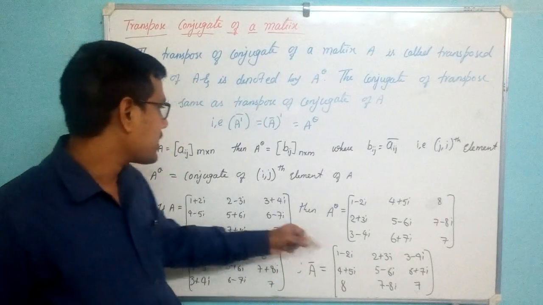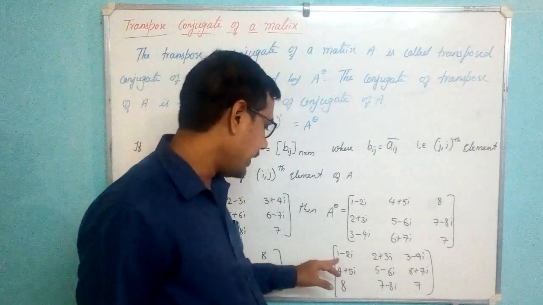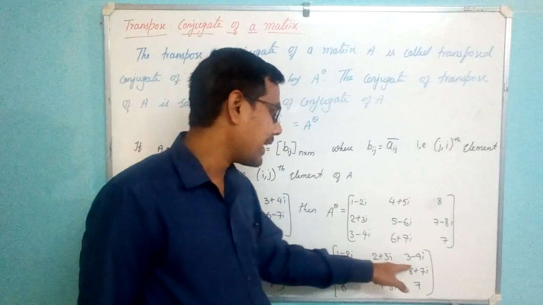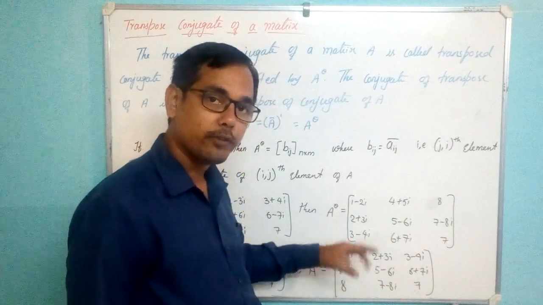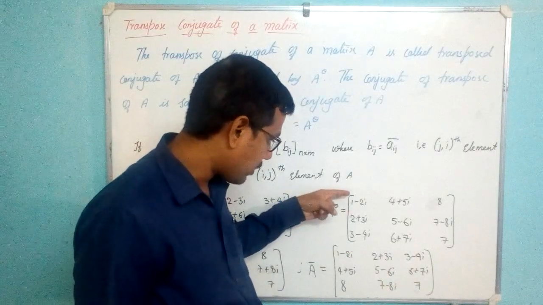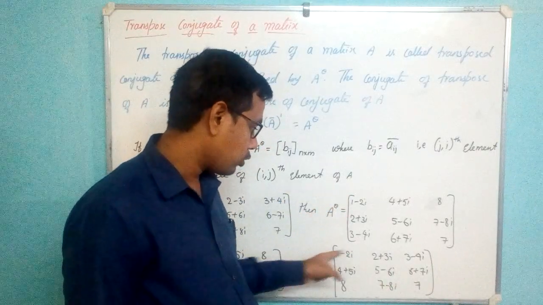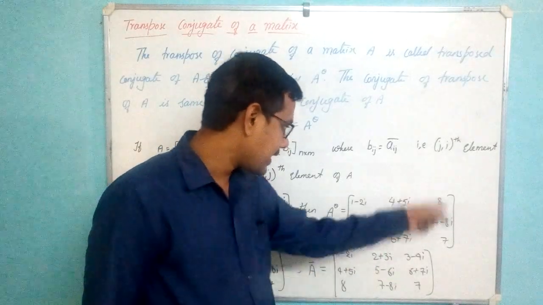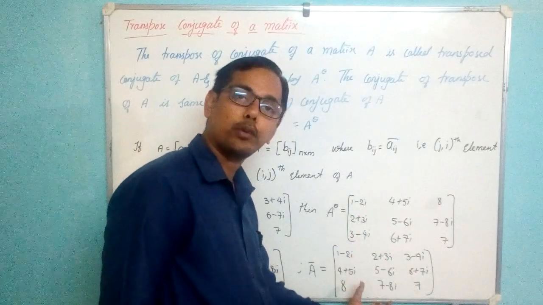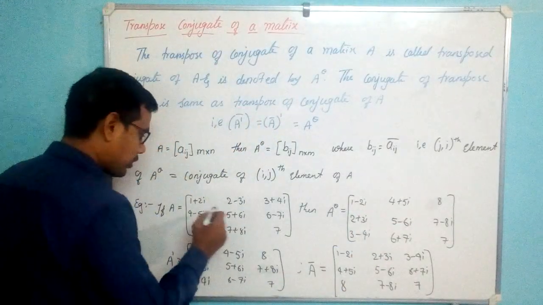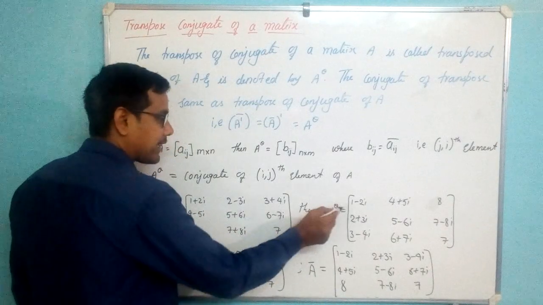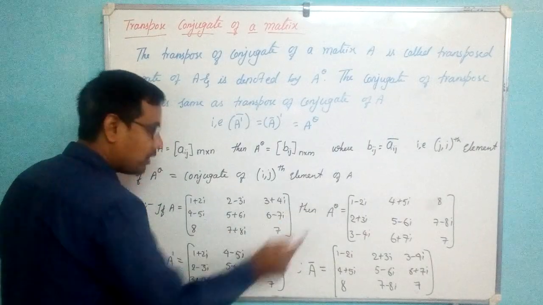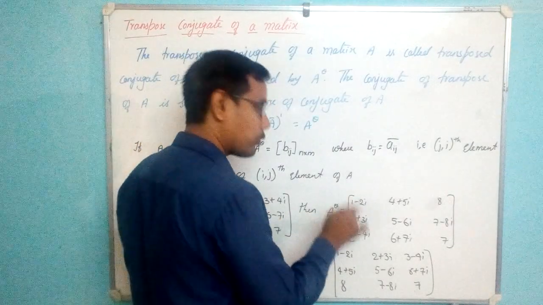So if I take transpose of this, what I will get? 1 minus 2i. So the rows have to be written as columns. So 1 minus 2i, 2 plus 3i, and 3 minus 4i is the first row. So transpose of this, these will be there in the first column. You can see here 1 minus 2i, 2 plus 3i, 3 minus 4i. So the first row is there in the first column. Second row is there in the second column. Third row is there in the third column. So this particular thing is the transpose of this matrix, right? So whether you first calculate A conjugate and then take transpose, or you calculate A transpose and then take conjugate, you will get this one. Or first calculate conjugate, then take transpose, you will get the same thing.